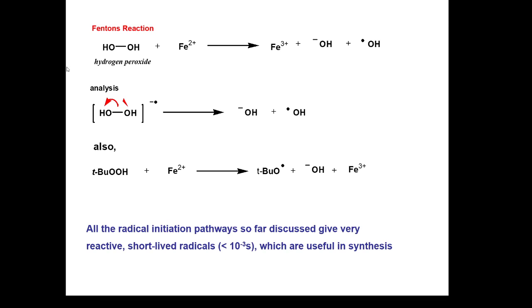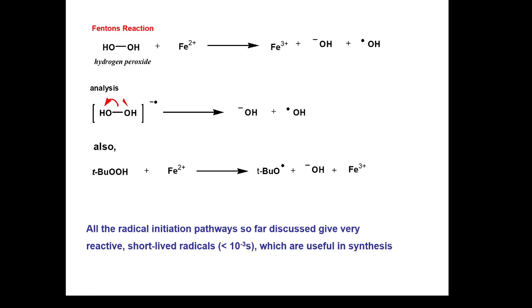So there's another reaction known as Fenton's reaction that uses hydrogen peroxide, or uses peroxides in general, in the presence of iron 2. Usually iron 2 chloride or something like that, but the anion isn't important. It's the iron 2 that's important. But what'll happen is I'll create a hydroxide and this OH radical. It could happen down here just like so. Same thing if it's not an H there, but I have a peroxide with a carbon group on it, same thing. I'll always form a hydroxide, and then the other oxygen will always be the